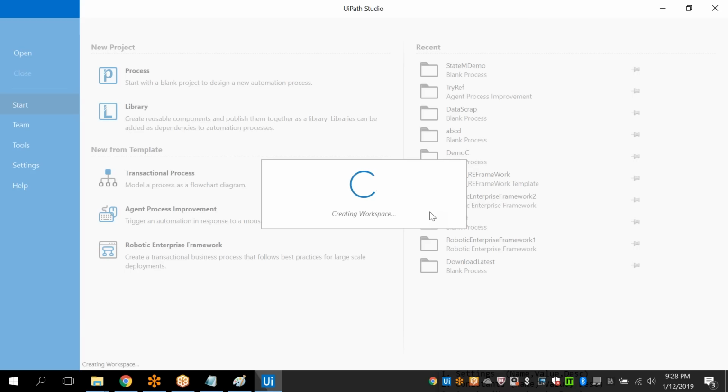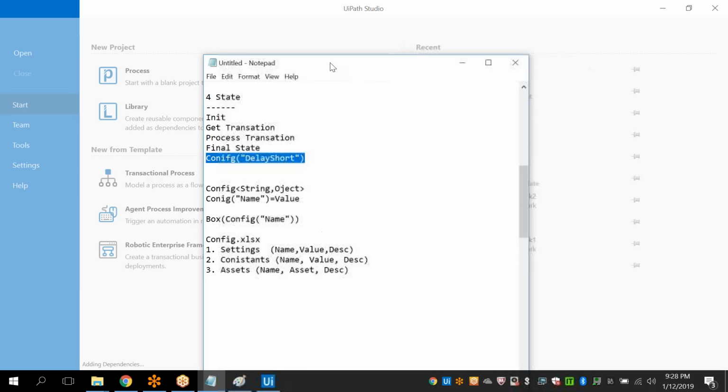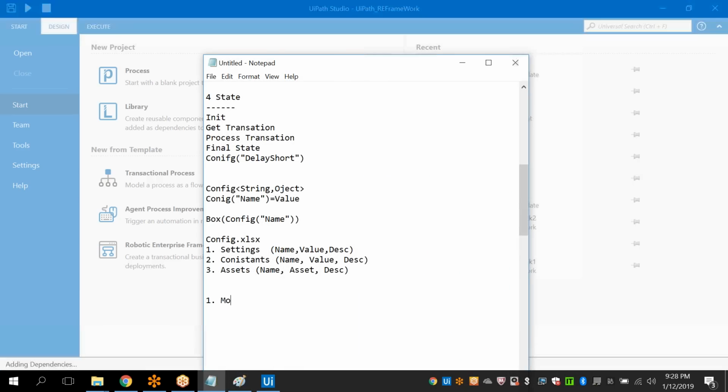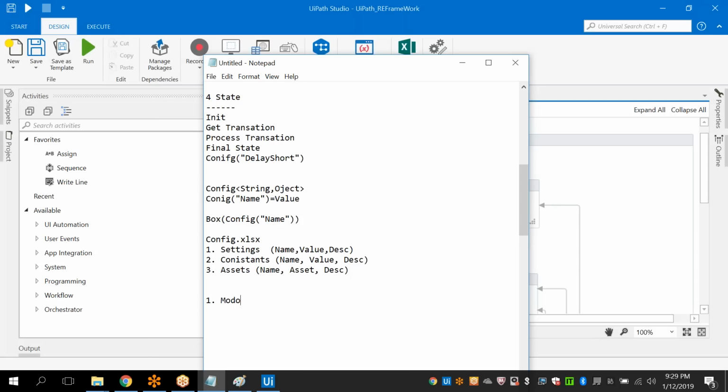The biggest advantage of this REFramework is the modular approach. Modular means each and every thing is a separate module. So individually you can execute the separate modules, these things and all. That is the modular approach. The second one is